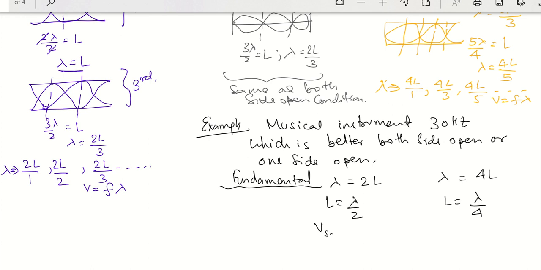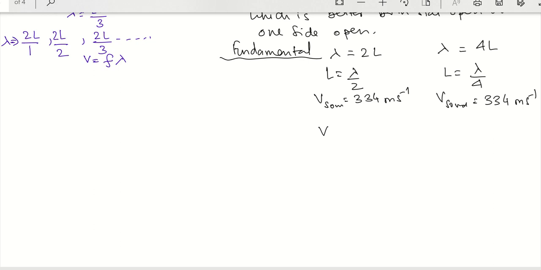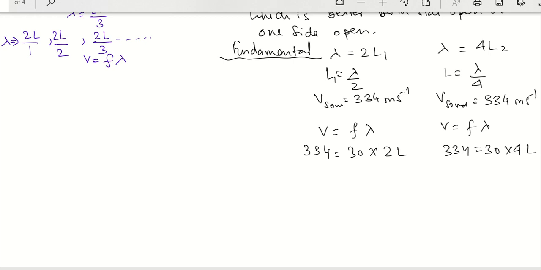Now speed of sound will be same, 334. Here also speed of sound will be the same, and V is equal to F lambda. Here also V is equal to F lambda. So 334 is equal to 30 times lambda, which is 2L. Here also 334 is equal to 30 times lambda, which is 4L. So I will divide both of them. Let us say we give them names L1 and L2. So L1, L2, like that we will name. Okay, L1 and L2. So if I divide both, then I will get